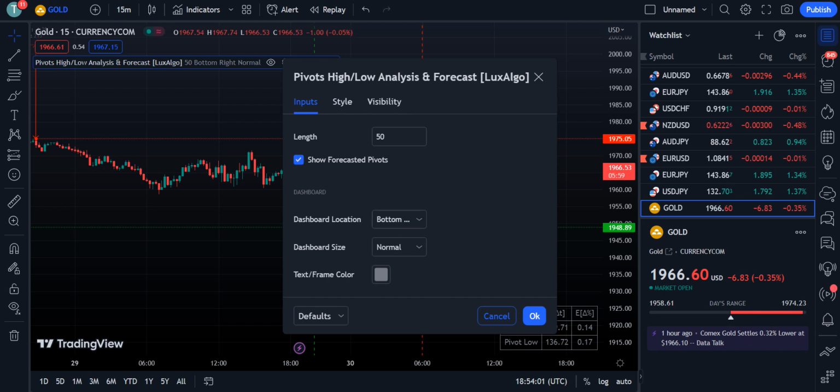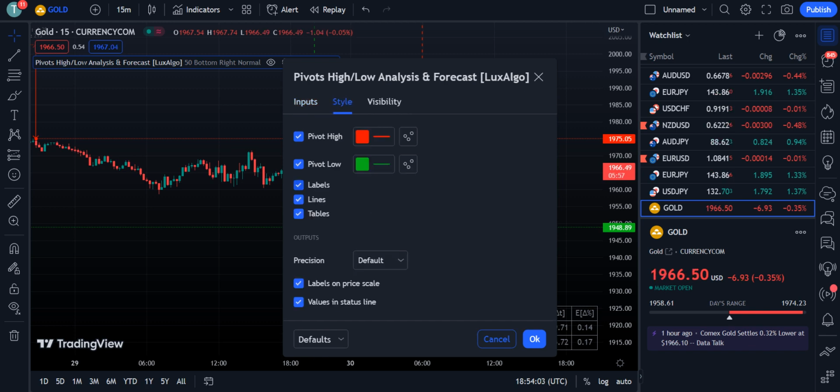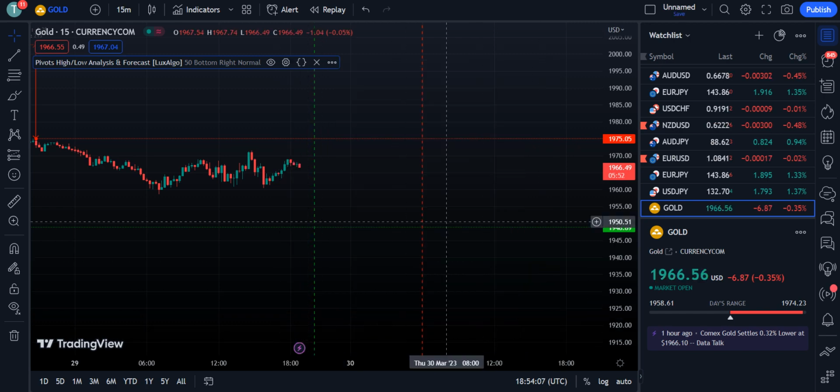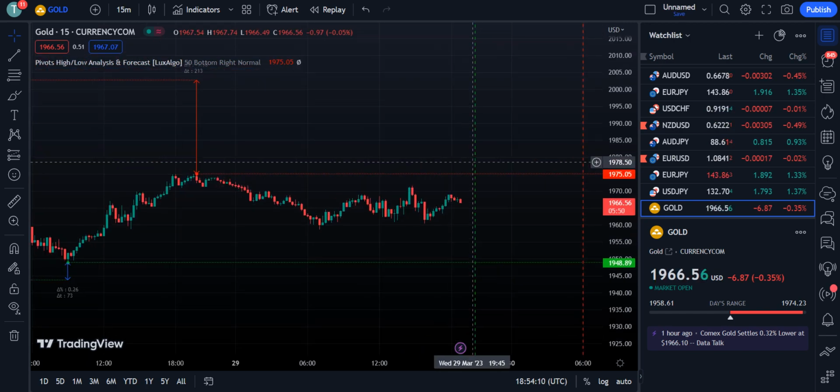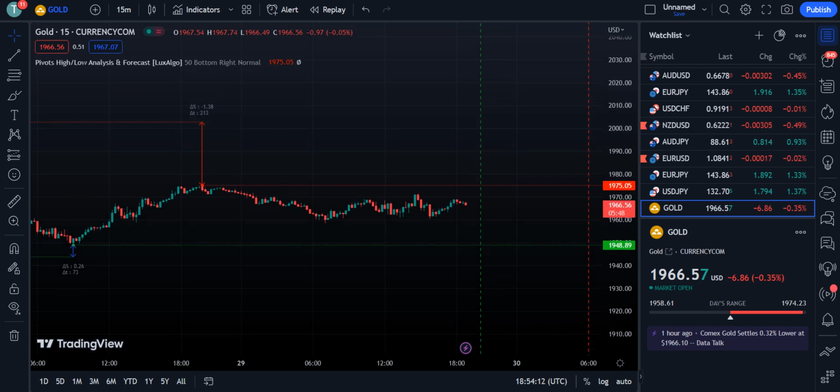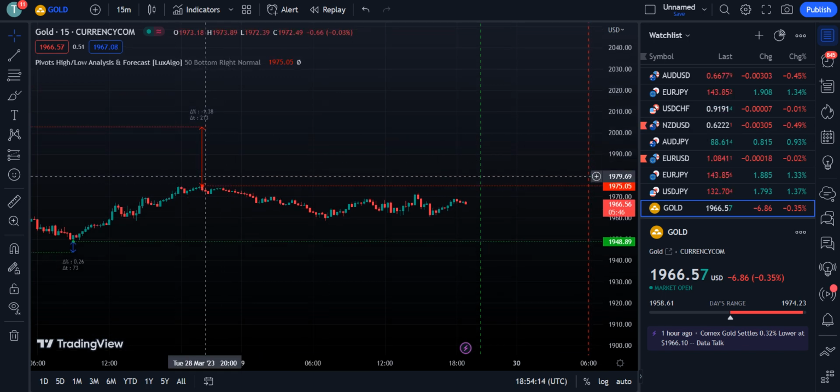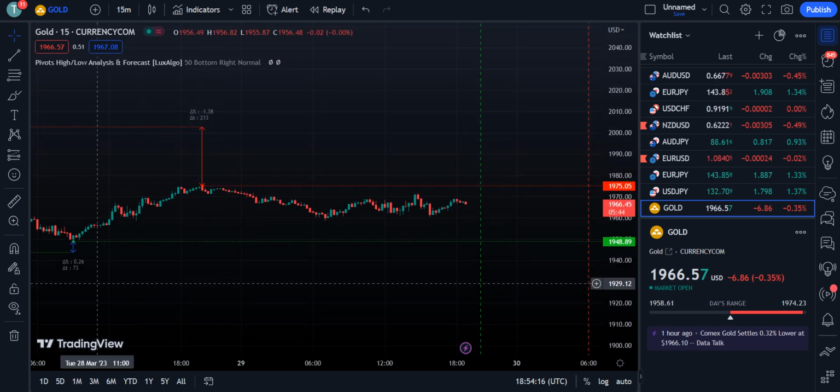So we are not going to change anything in it, but in the style section we will remove tables only and click OK. Now we don't need those tables, so we have removed them. Okay, one more thing here, as you can see there is a red color arrow and a blue color